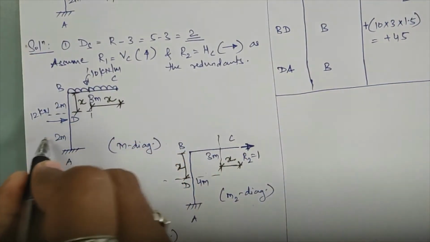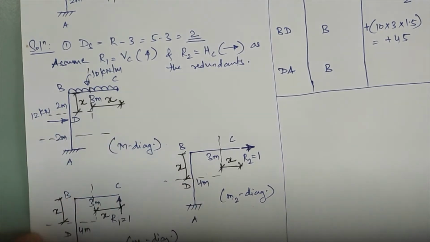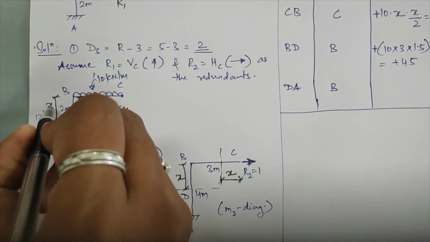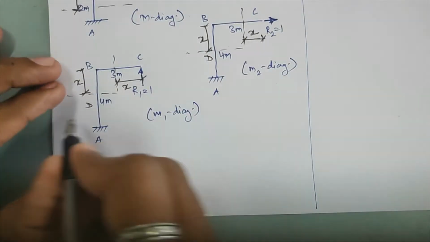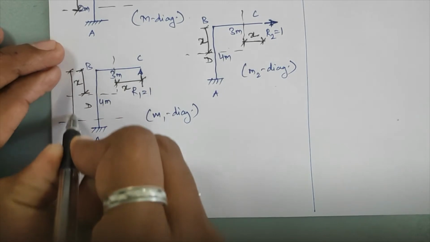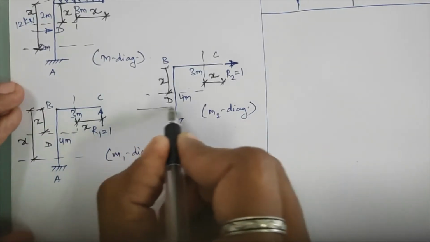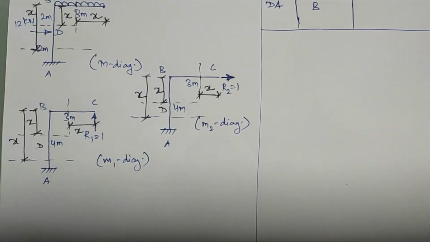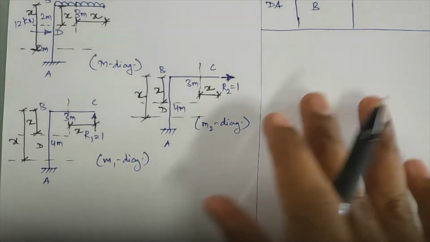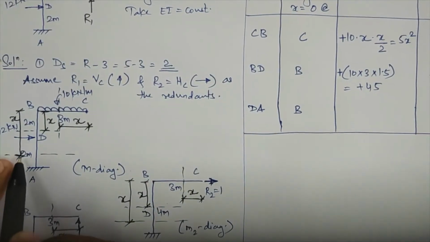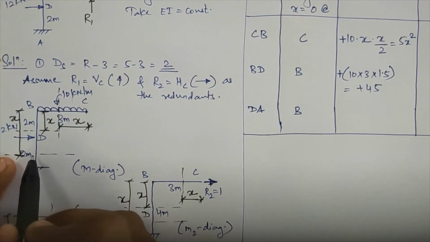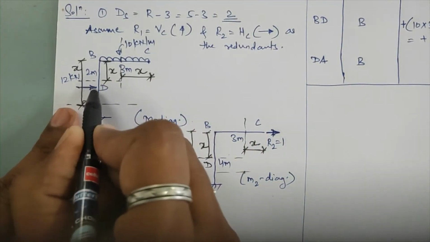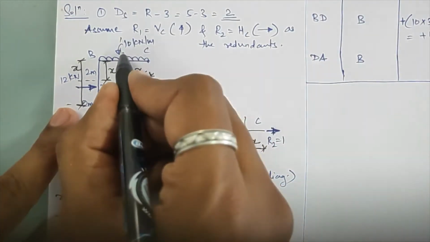Now I'll cut this section in my selected portion DA, which is at a distance x from your origin point. Okay, same way here also I'll cut this section at a distance x, and here also I'll cut this section in portion DA, which is again at a distance x from origin point B. Now we'll see the moment values here. So the moment of all the forces along this section. Now, which forces will be selected? The acting UDL of 10 and this point load. Okay, so the moment of UDL along this section.